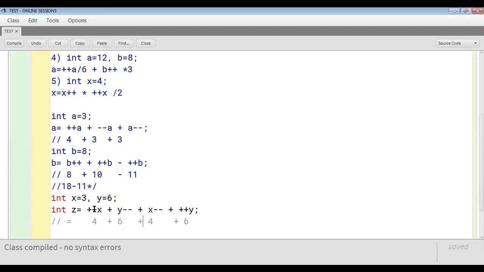So what's the initial value of x? 3. It has changed here to 4. So here it will remain 4 and then it will become 3. So right now it will be 4 plus. Now remember what was the value of y? The 6 value has changed here to 5, and 5 plus plus 1 means 5 will become 6. So that's why it's coming out to be 20. Clear, class?